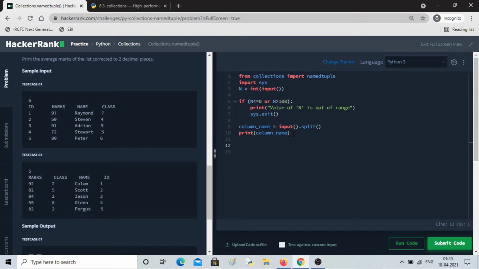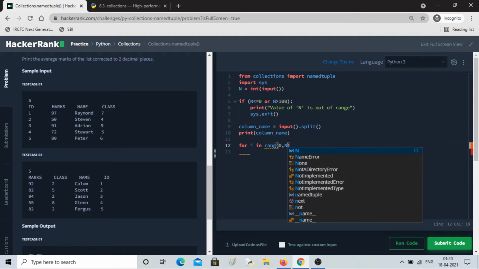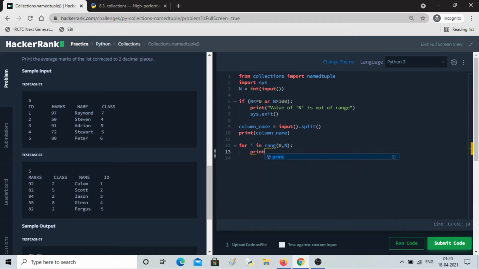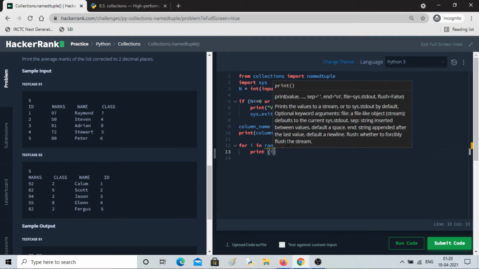So I'll keep it like this, and from next line onwards I will be having these guys, right? So let me make use of this n. So for loop i in range 0 to n, and inside that I'll print i.